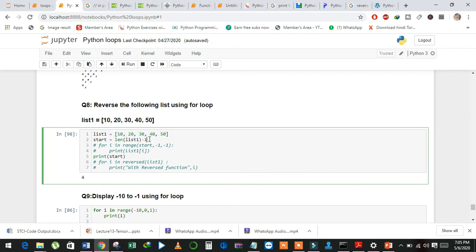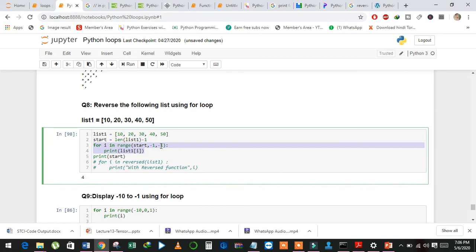That's why I subtracted 1 from the length of the list, and after that I started the loop in range, starting from 4 and ending at -1, and -1 is the step size.